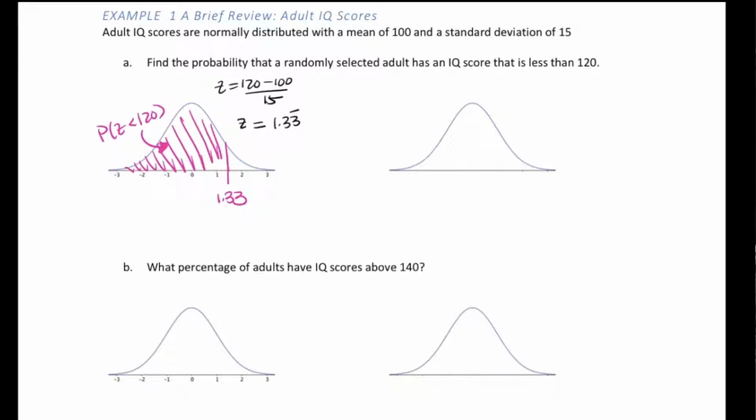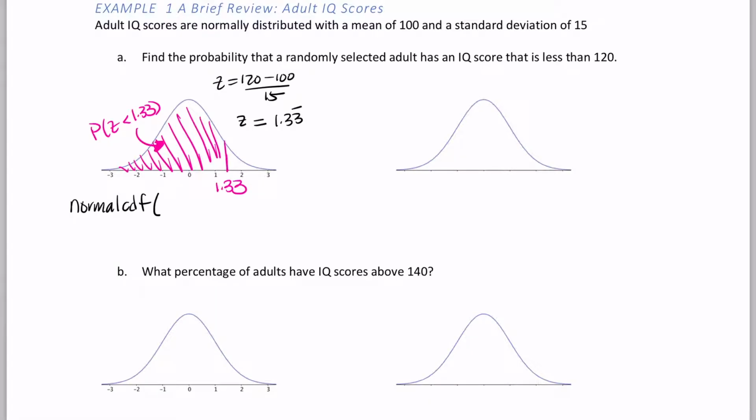In your calculator, you would use normal CDF. So our smallest value is here. That would be towards negative infinity. And our largest value is 1.33. So on your calculator, you would type in the mean is 0 and the standard deviation is 1 since we're using the standard normal curve. Your calculator should give you about